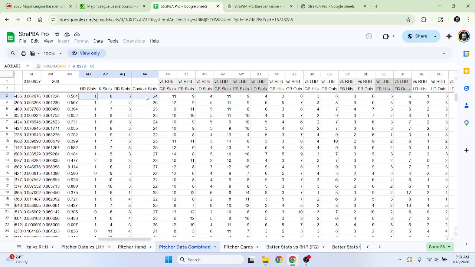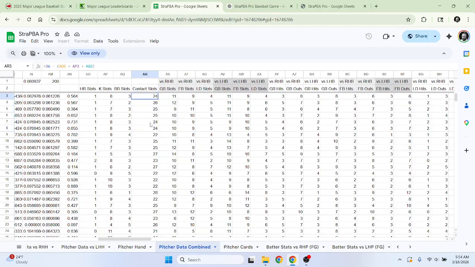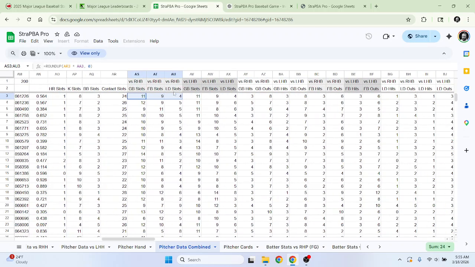Okay, so then we take these 36 slots, and then we need to assign ground balls, fly balls, and line drives to these contact slots. So where you see GB, LD, FB, those are our contact slots. Then we use the contact slots and break that down. These are just going to stay what they are. And we break these down into right-handed and left-handed. And then we need to figure out of this 24, how many are going to be ground balls, fly balls, and line drives. Now we get that from our percentages here, right? They've given up a certain percentage of ground balls, fly balls, and line drives against lefties and righties. So we just